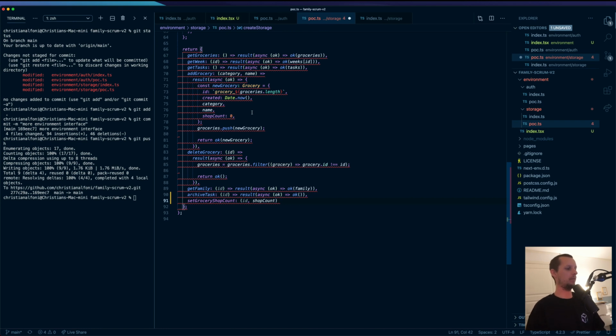Yeah, and this is also like, do we have like increment grocery shop count? Or do we actually set it? It's extremely unlikely that two people are changing the count of a grocery at the same time. So we can run a transaction that is called increment, and then it takes the existing value and does +1. But again,